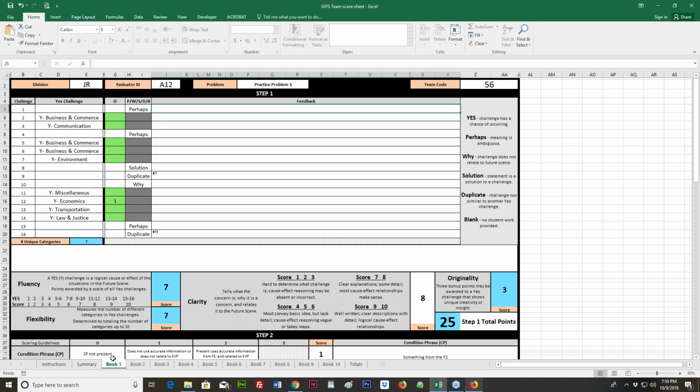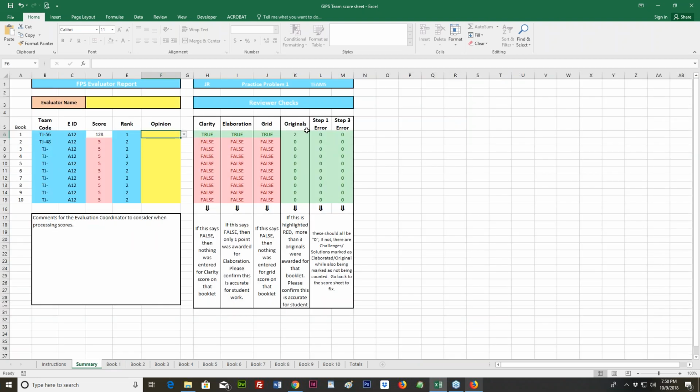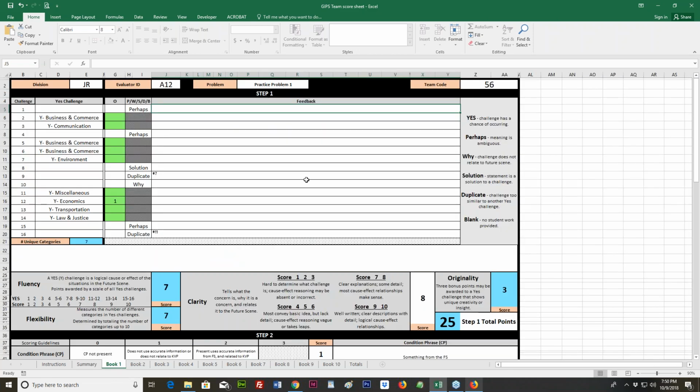Yes, Arjun, the evaluator can see the summary page as they go through it. So once they finish, they should go back to the summary page and make sure there's no problems before they send it in. But once you get it as an AD, or whoever your evaluation director is, or whoever's doing your scoring, you need to look through it again and just double check. So, I mean, it's going to tell us that this is a perfectly fine booklet, a perfectly good score. But if I had forgotten something